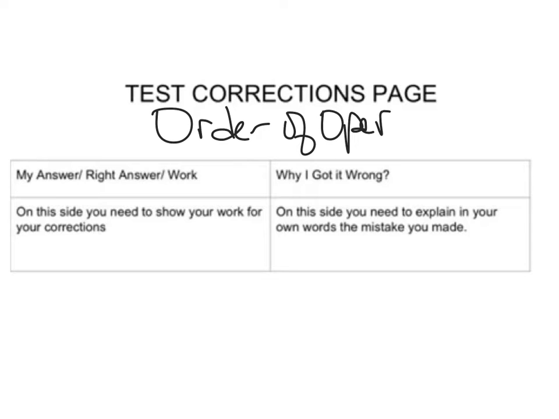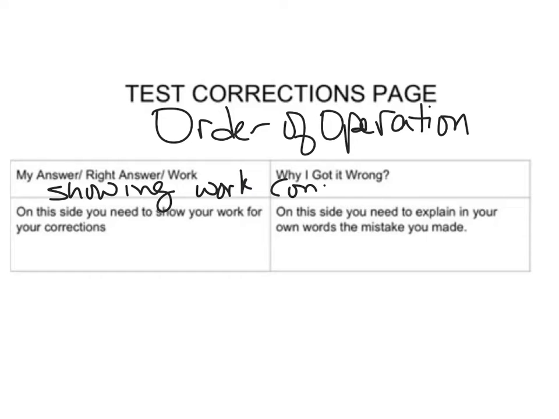And you go ahead and separate your page into two different columns, which would be on one side showing your work and what your answer was, what it should have been, and then on the other side, explain why you got it wrong. Remember, this needs to be in complete sentences, and make sure that you're writing out everything that you saw that you did incorrectly, and that it's going to help you in the long run when you do that. So, complete sentences is a key thing to do. So go ahead and stop this, do that now, and then come back to the video to start with the